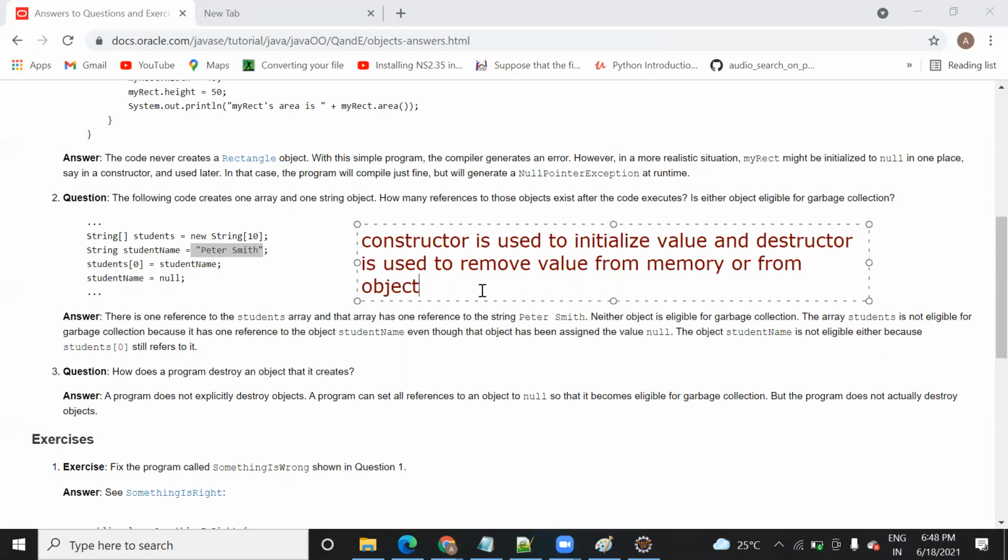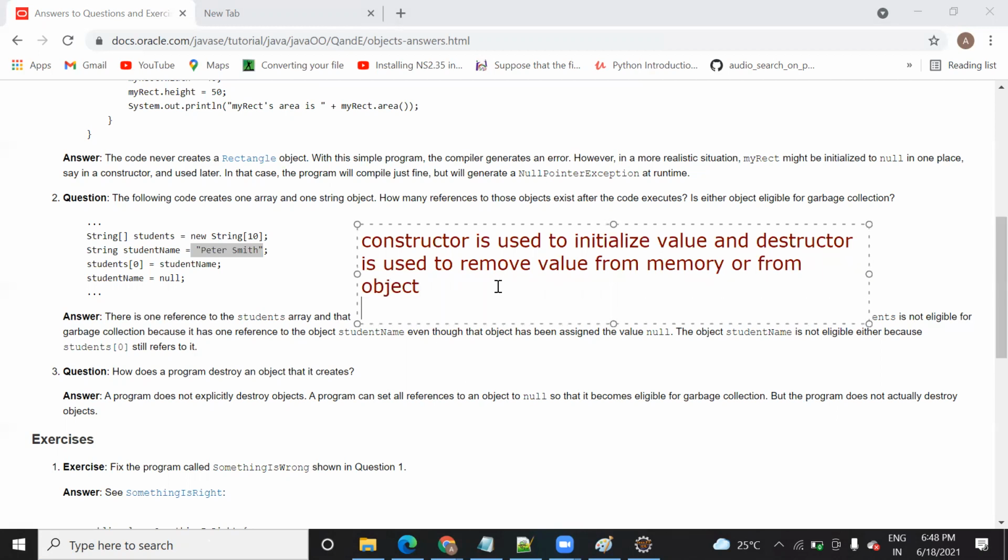Okay, what do you mean by that? Suppose you initialize a is equal to 2. In Java, we use a constructor so that you can initialize a value to any variable. Similarly, in C++ we use a destructor, where whatever memory is assigned to this variable a will get released.